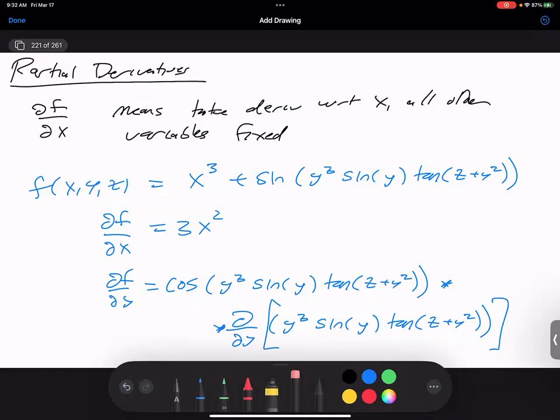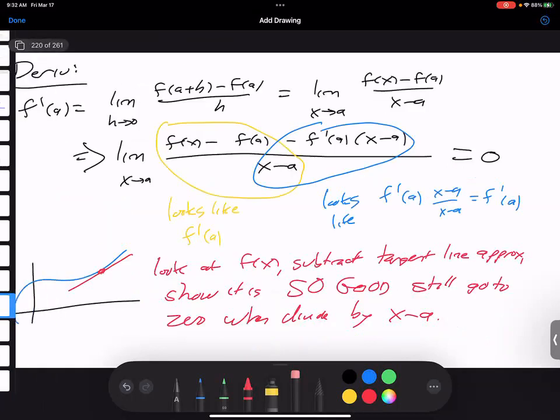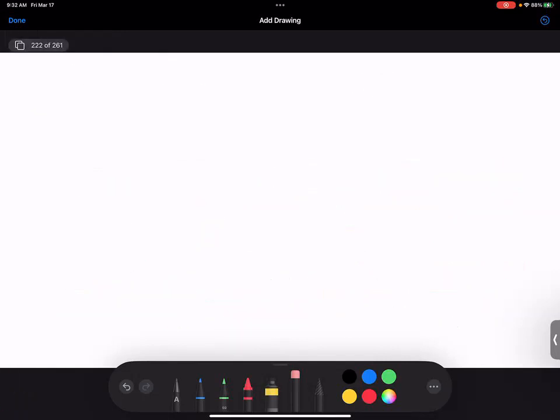The goal is, rather than trying to say a function is differentiable in one variable if when I subtract the tangent plane and divide by the amount I move, that tends to 0. Well, the natural suggestion then for several variables is to subtract the tangent plane, or the tangent hyperplane. So in 2 dimensions,